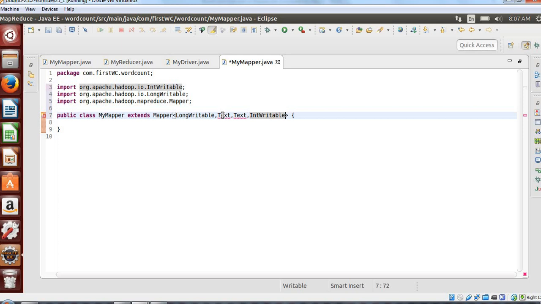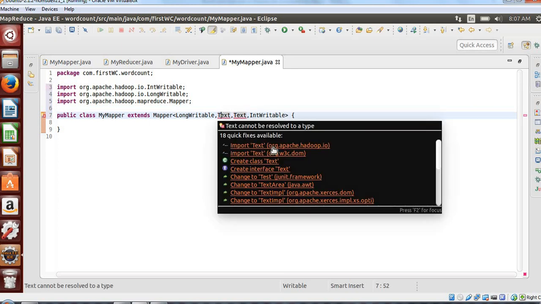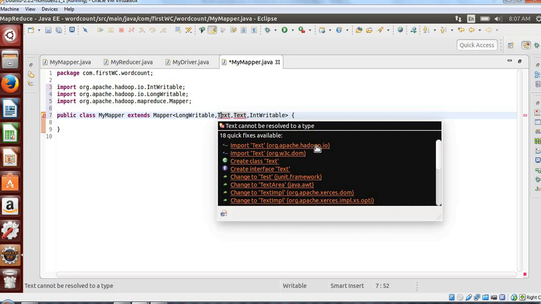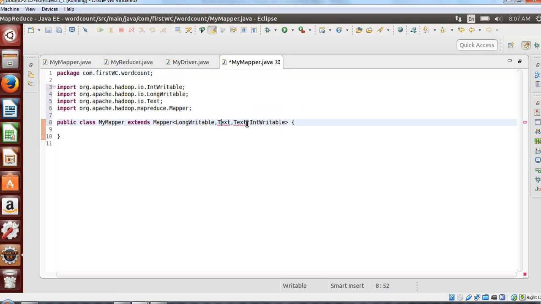For Text it is showing an error, hover over it. Always import the Apache Hadoop one, not the W3C DOM one. Okay, implemented, done.